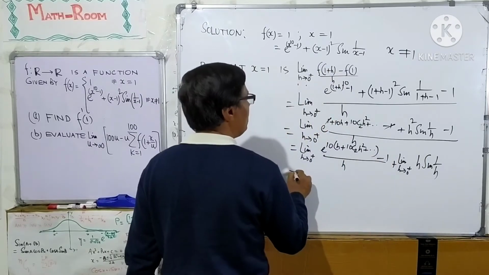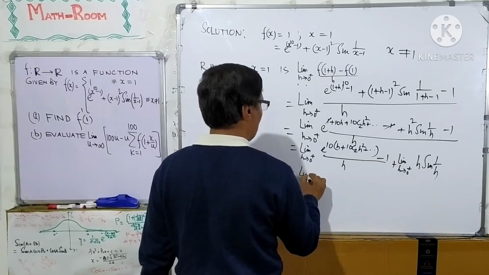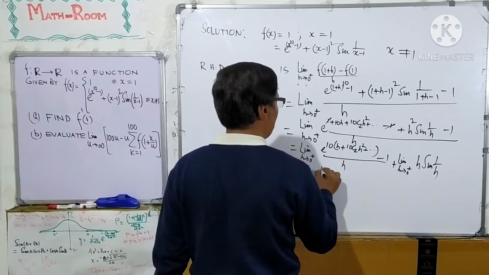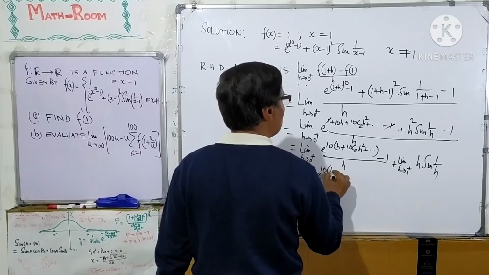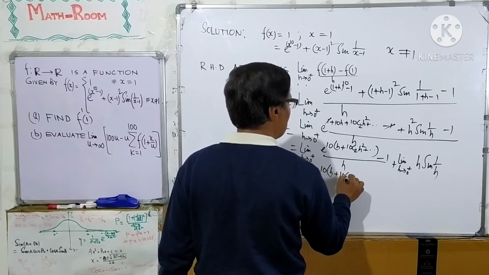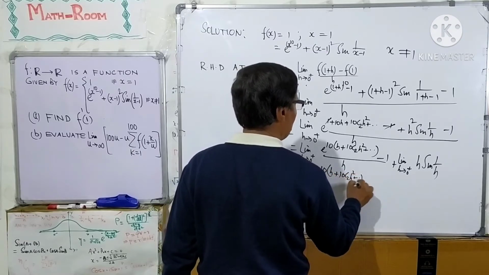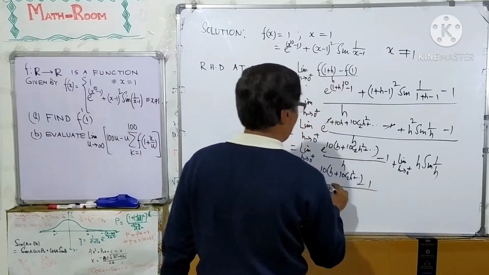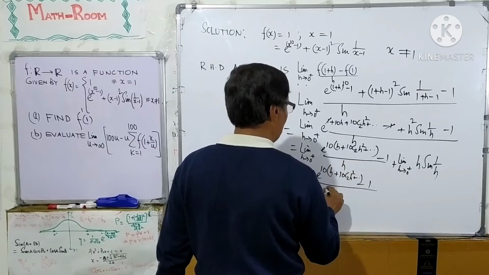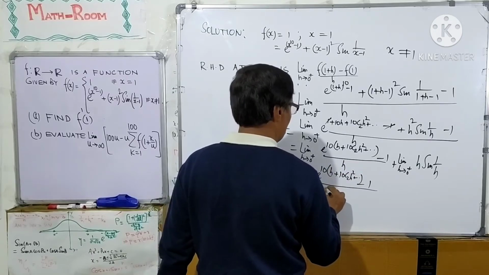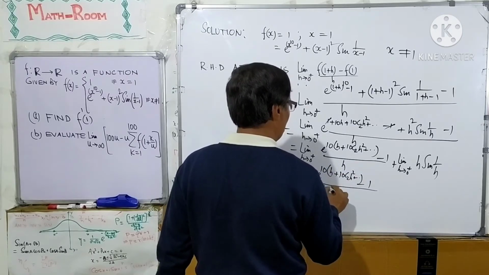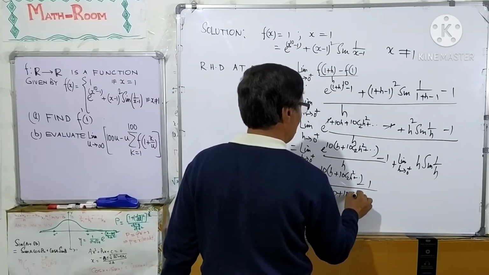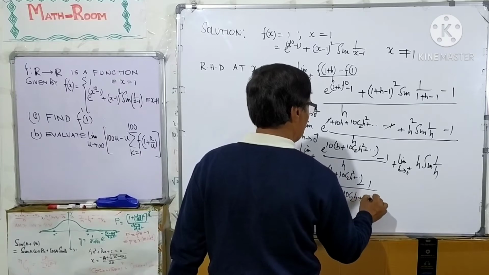So, limit h tends to 0 plus of e to the power 10h plus 10C2 h squared and so on, minus 1 over h, into 10 plus 10C2 h plus and so on,